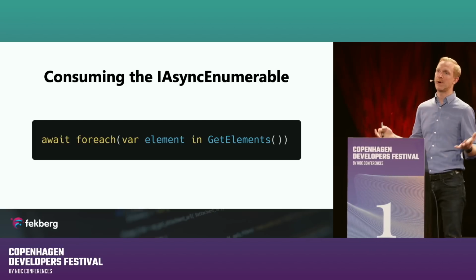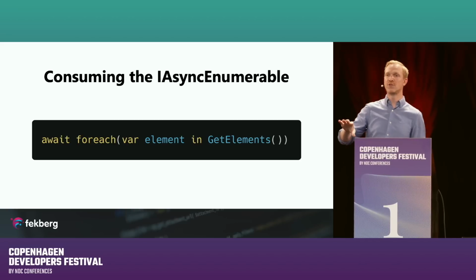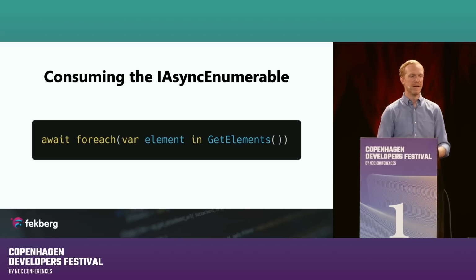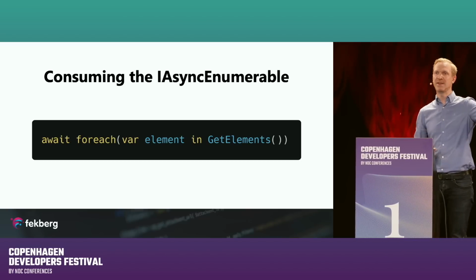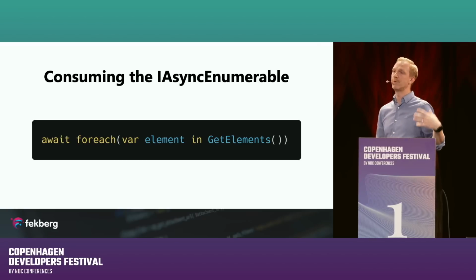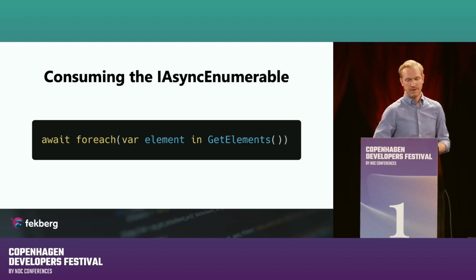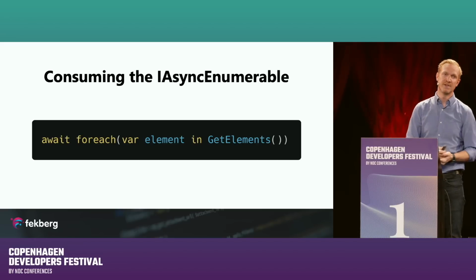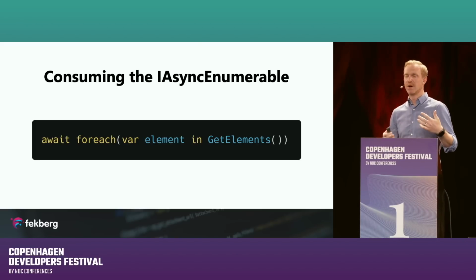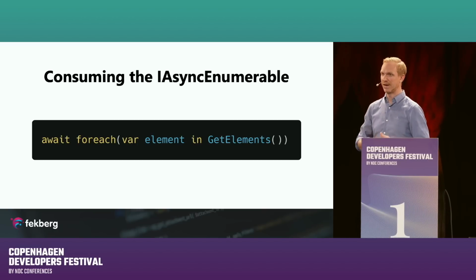Imagine having a message bus in Azure, for example, or a message queue. You can say that I want to iterate over each message. I have no idea when they arrive, but I could basically say await for each message in my message queue. And the body of that for each loop would then run for each message as it's added in Azure. Quite handy. We've been able to write this code in different ways before, but now it's a little bit less code, it's more understandable. But you also have to understand exactly what async and await does and how it affects